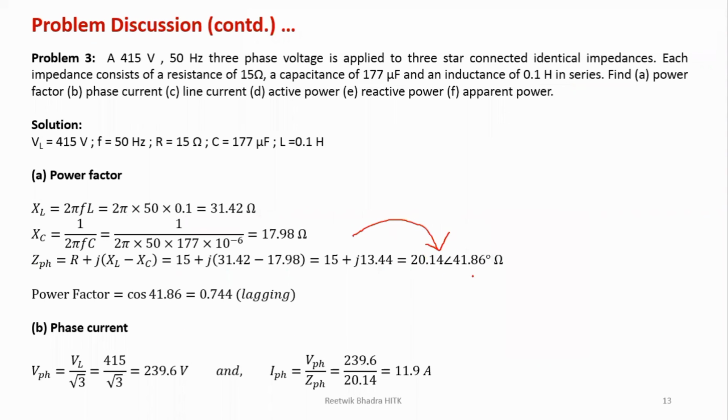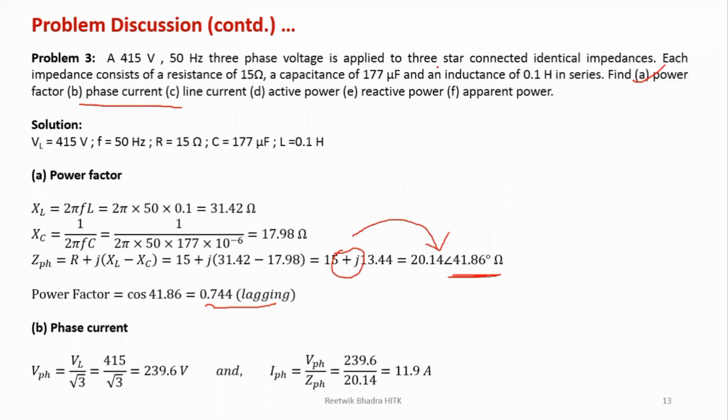Power factor, you can find out cos of this angle, right? Which is greater? You are getting plus J. Plus J indicates XL, means it is more of an inductive circuit, that is XL greater than XC, so lagging power factor. So that's why 0.744 lag is my power factor. First, the power factor is this one. From this you have to write down lag. Then next things are all same.